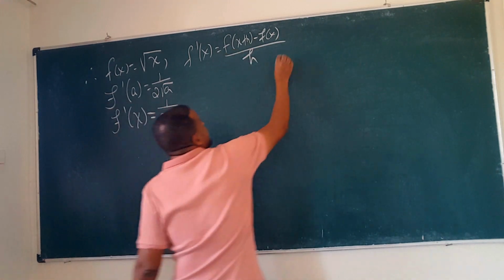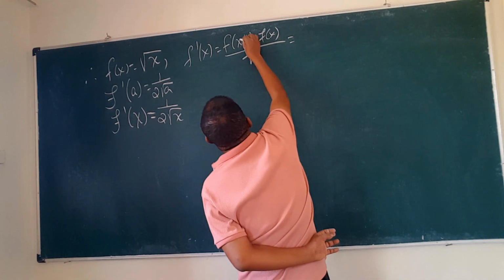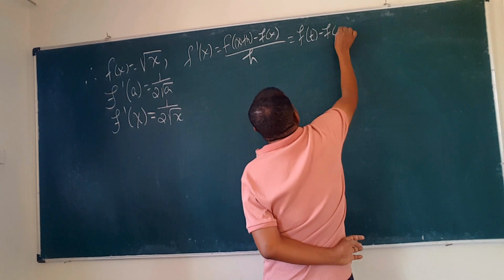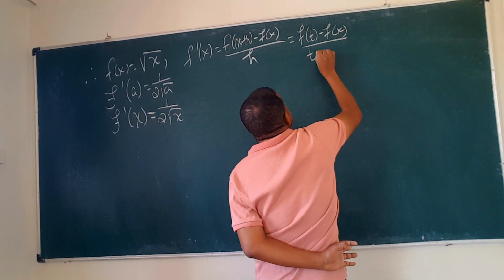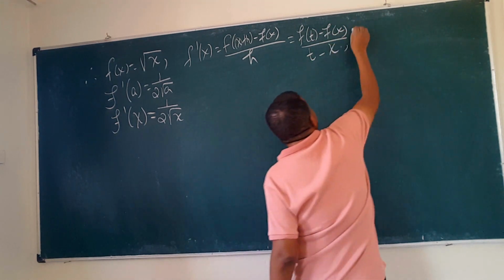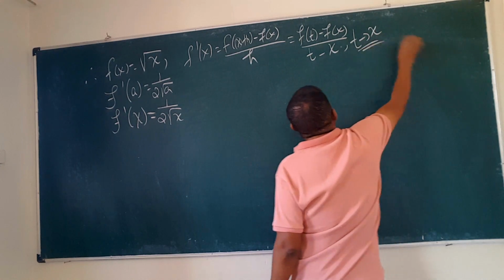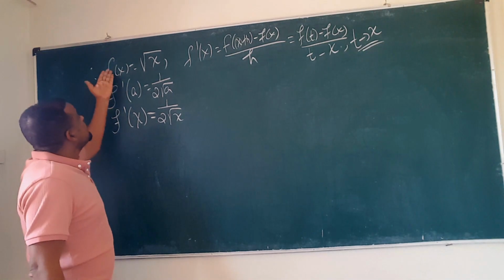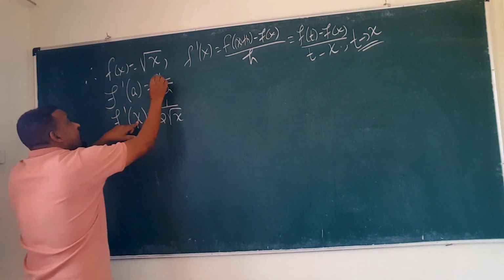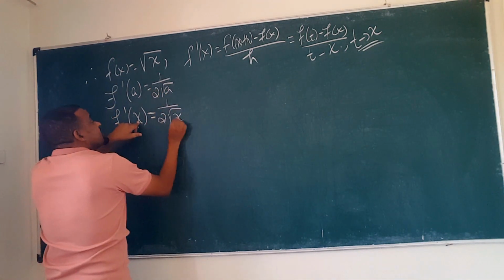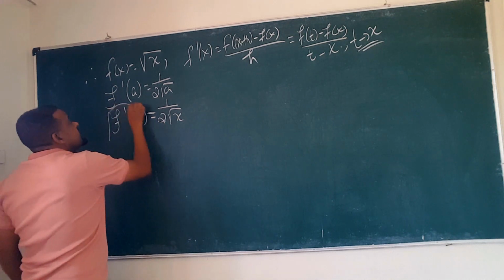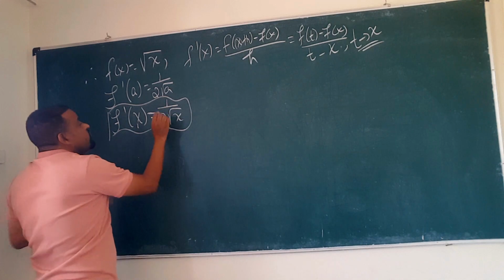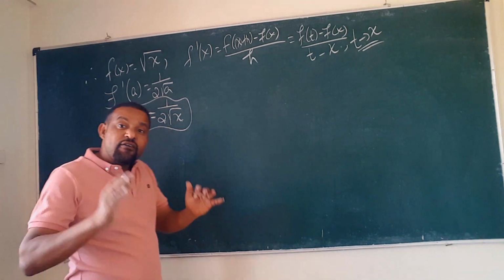ወይም በሌላ አነጋገር ይሄ ማለት ምን ይሆናል? አሁን xን እንደ a ነው የወሰድነው አይደለ? So f of t minus f of x over t minus x ማለት where this t is approaching to where? x. ስለዚህ derivative as a function ወስደን derivative of this function at x አድርገን ብንሰራ automatically 1 over 2 radical x እናገኛለን። So the derivative of radical of x is 1 over 2 radical x ነው።